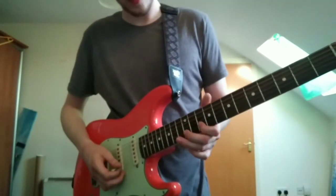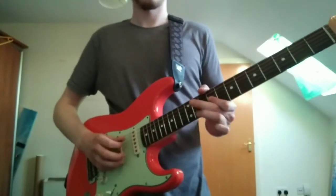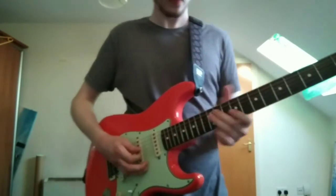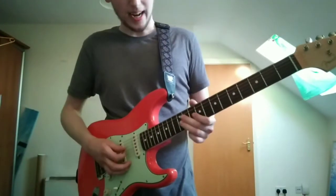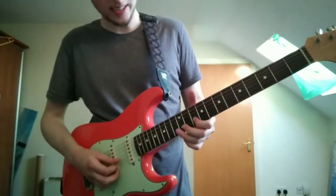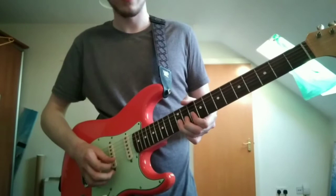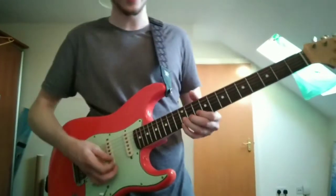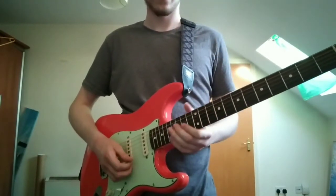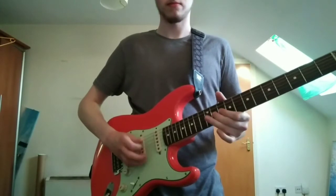Then it's 10th fret of the B string, and then 11th fret of the G string, and you pluck the G string twice. Then the second time is basically kind of the same. So that, and then it's 10 and then 12 on the B string, and you bend the B string 12th fret, 2 frets, and you play the 12th fret of the high E string. You play that part twice, so it's like